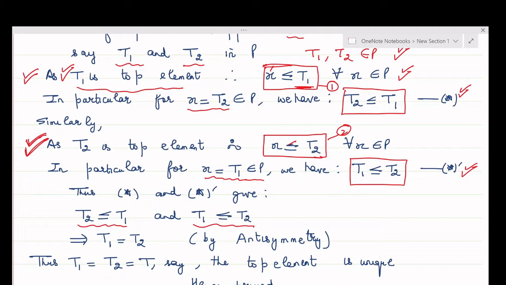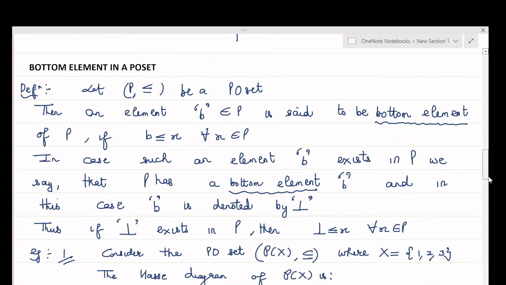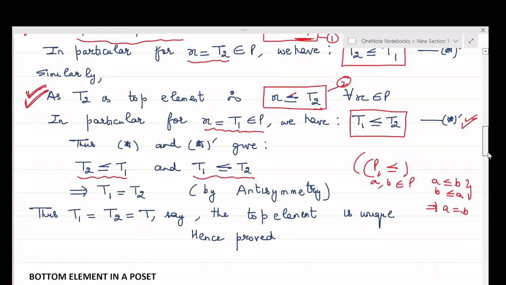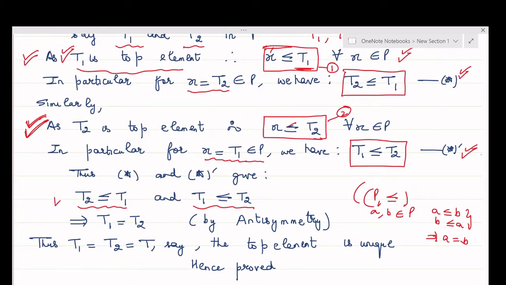By anti-symmetry, because we are in a partially ordered set P, ≤, where anti-symmetry holds: whenever you pick any two elements A and B belonging to P such that A ≤ B and B ≤ A, then together they always imply that A = B. So by the anti-symmetry property, because T2 ≤ T1, and